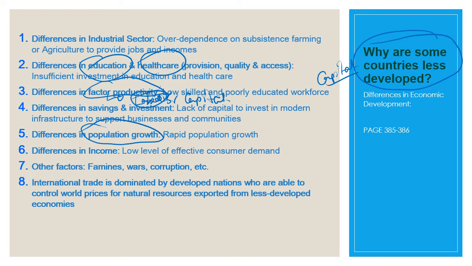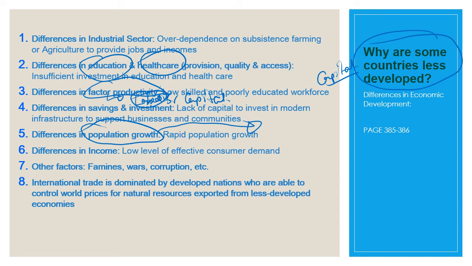buy contraceptives. Whereas if I want to be talking about developed economies when it comes to population growth, you would see that both the mom and the dad would be working, so they don't have time to think about raising a big family. Their priority would be to get a certain prestige at their job. They have high living standards, so to them, the more the kids, it means the less the luxuries they would have. And also, in developed economies, they could afford contraceptives. That's why the population growth in developed economies would be slow or even negative because the birth rates are